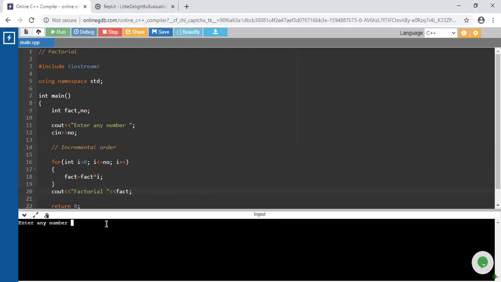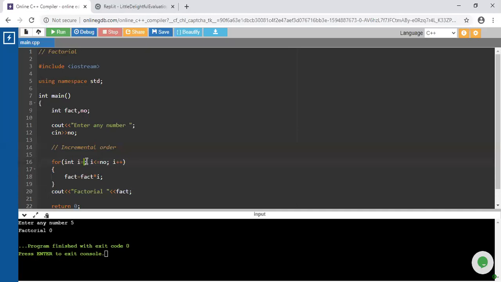Enter any number. I'm going to enter 5. Factorial is 0. Why 0? Because in the for loop, initially the value of I is 0. So whatever value we consider for the next iteration, all these values are multiplied by 0, so you get the result as 0.